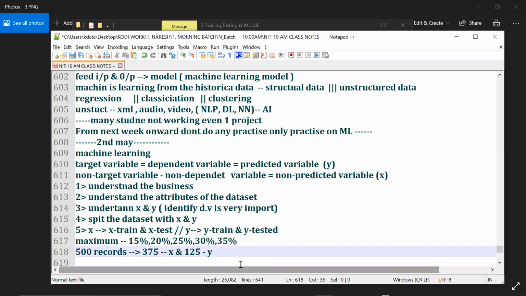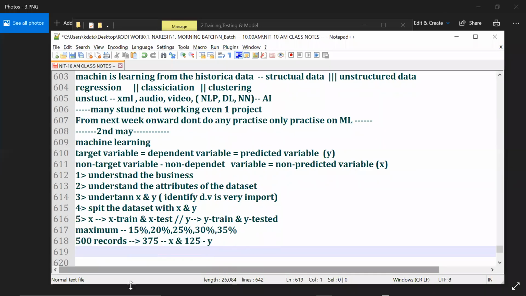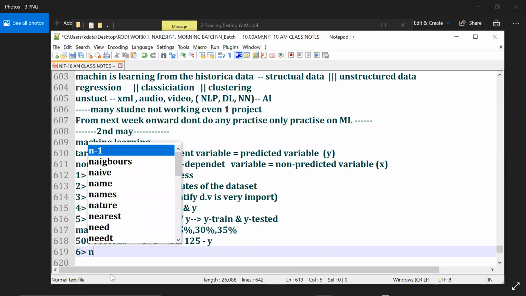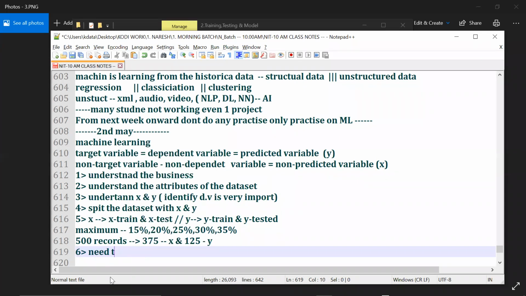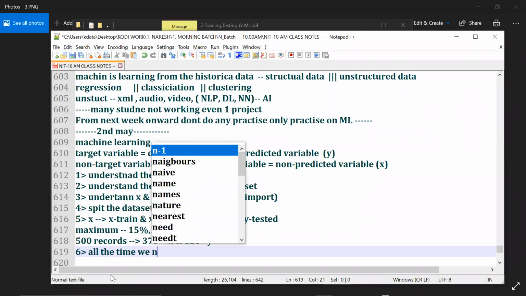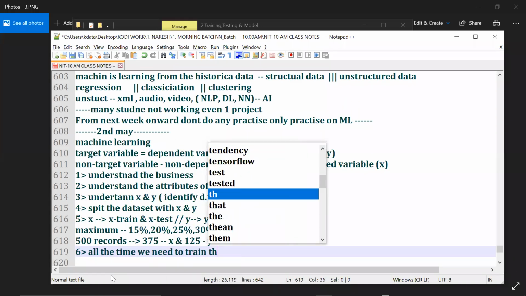So how to build the model? We need to train the model, right, guys? All the time, we need to train the model.